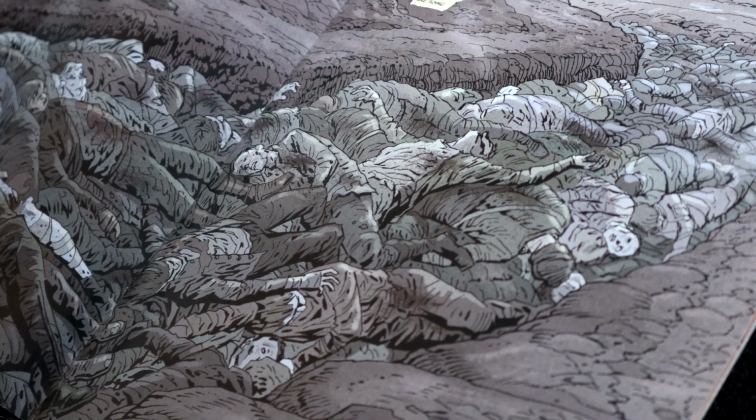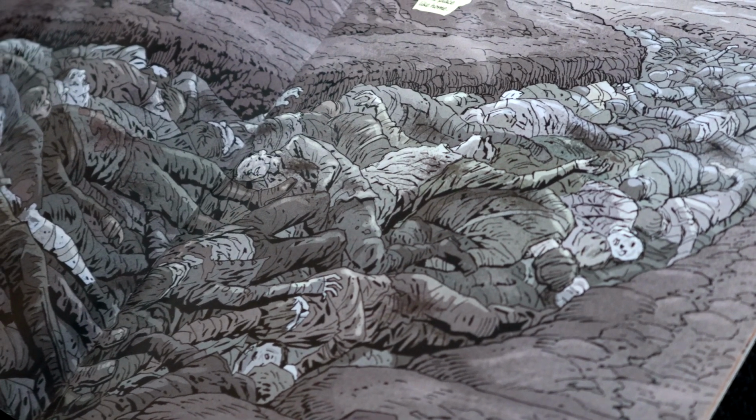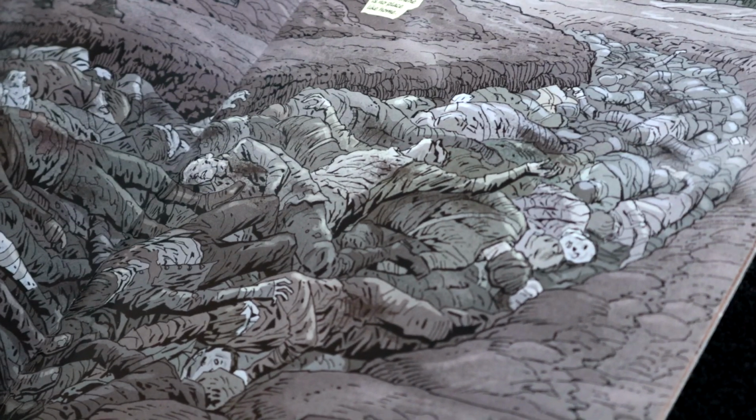I know they're already dead, but being buried under ice is not a nice way to be buried, I guess. And we see this in a two-spread image, and it's just a gorgeous shot of the snow, all these bodies, and then the purple sky. So it's a mix of this awesome imagery and beautiful scenery with this grotesque pile of